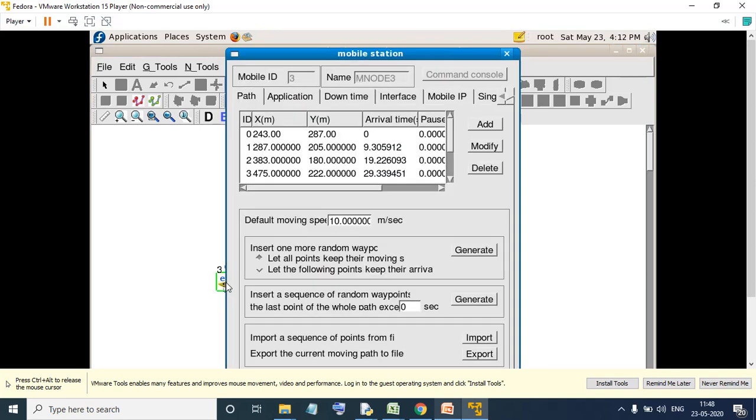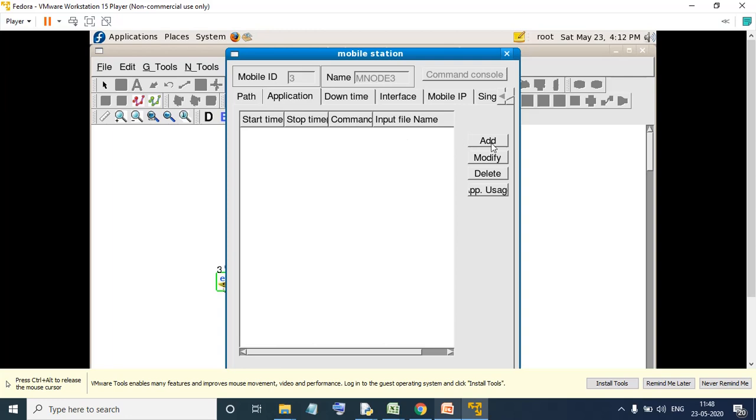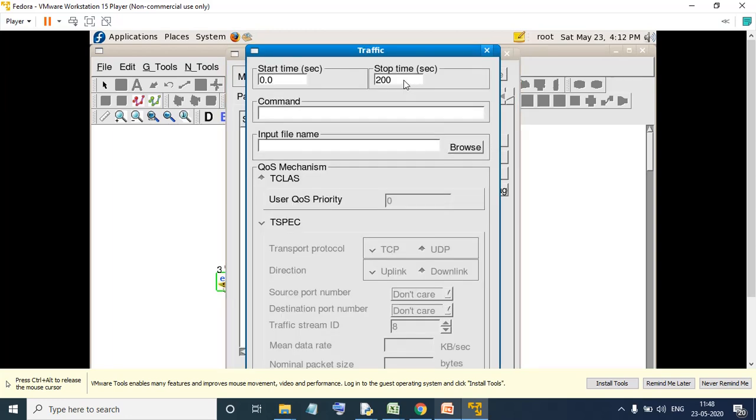Okay. So double click on this one, then go to application. After that, you will say add. So remember this, friends, small change. You should go to application and then you should say add. So you will be adding the command, which is TTCP space -t -u -s -p, then 8001, then 1.0.3.2.